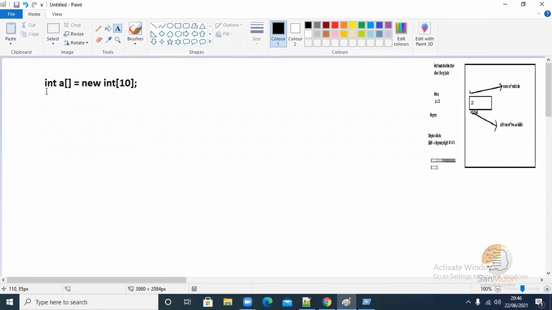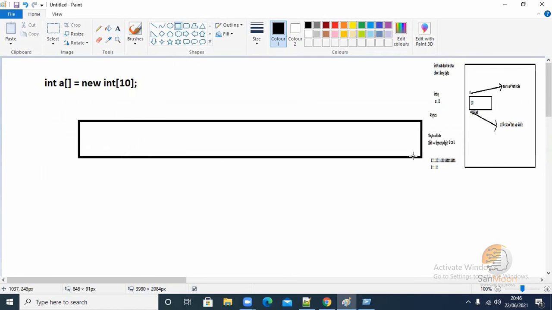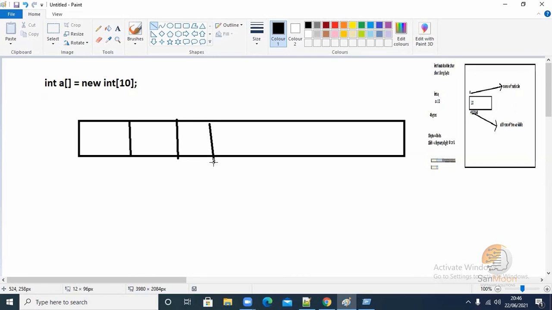So the moment you declare an array like this, what is this actually? You want to understand here. This is the name of the array. A is the name of the array here, and this is the size of the array. So in that case, how will it be declared in the memory? It will be declared like this: 10. Integer means how much? For one variable, 4 bytes of memory. So 4 bytes, it will be declared like this.